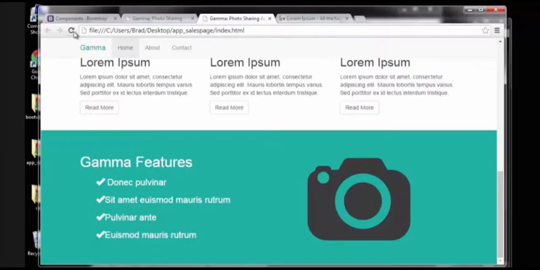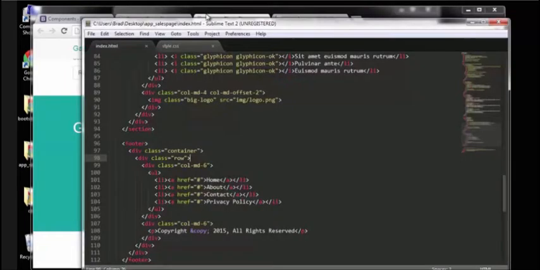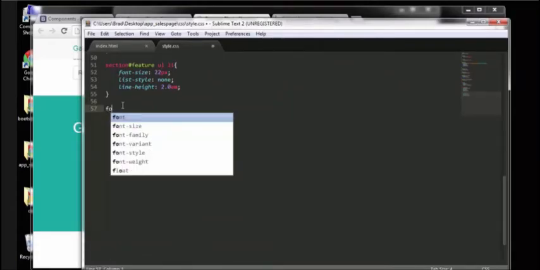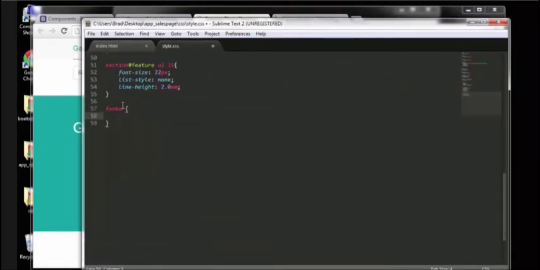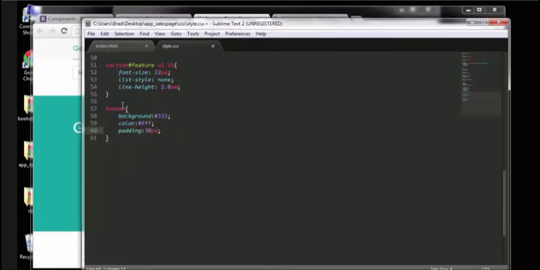Now if we reload this, it doesn't look too good. Okay, so we just need to add a few classes here. I'm sorry, a few styles. So we'll do the footer itself. I'm going to give it a background of a really dark gray. So we need to make the color of the text white. And then I'm just going to add some padding. So 30 pixels on the top, 20 on the bottom,